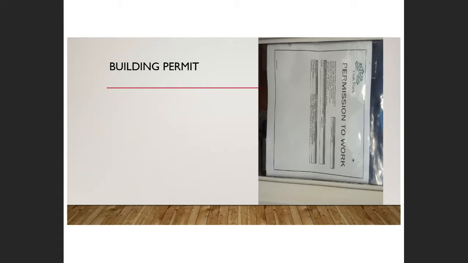So again, depending on the nature of the work, if it's a large project, then the general contractor might be the one that pulls the permit, or individual trades might be required to pull the permit. Those sorts of things would be described in the specifications that we'll look at here in a few minutes.